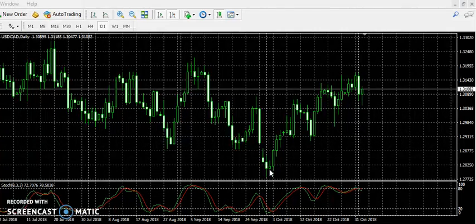So momentum shifted at this level, and we can see that we had a large impulse to the upside to here. So all of this would be treated as an impulse,